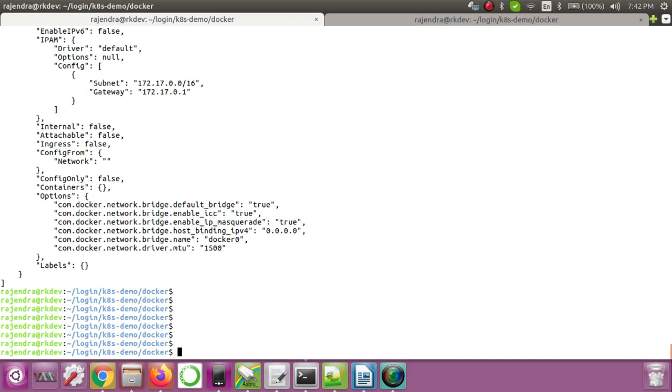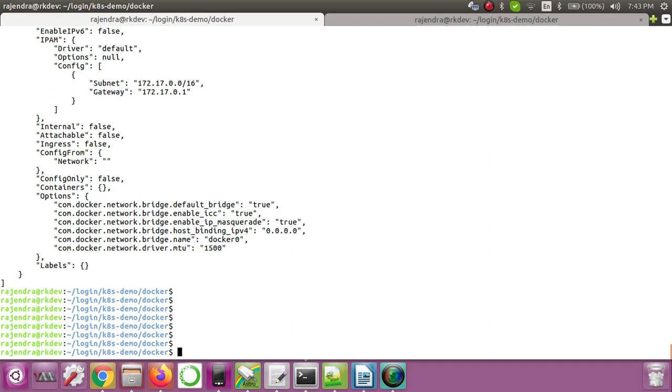In that case, we can connect that same container to multiple bridges. Then in that container there will be two interfaces. One interface will be connected to bridge X and the other interface will be connected to bridge Y.